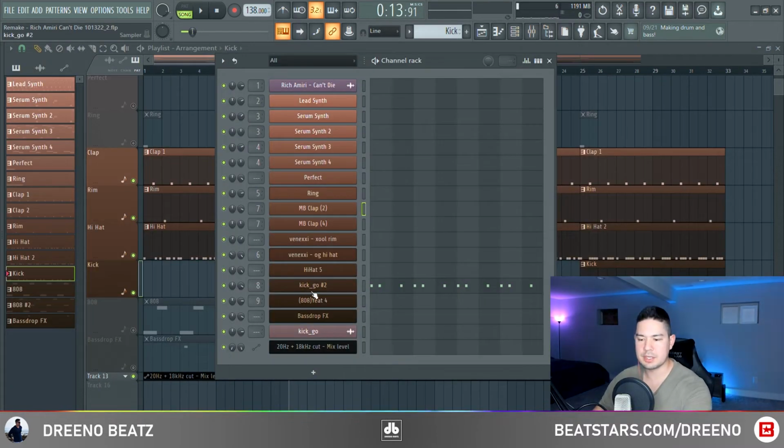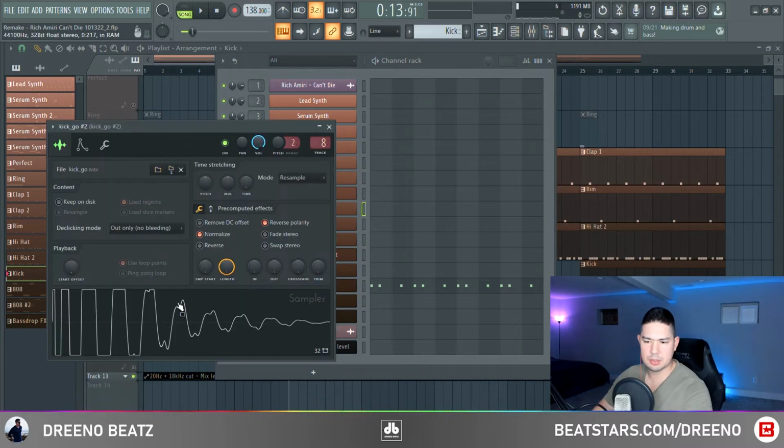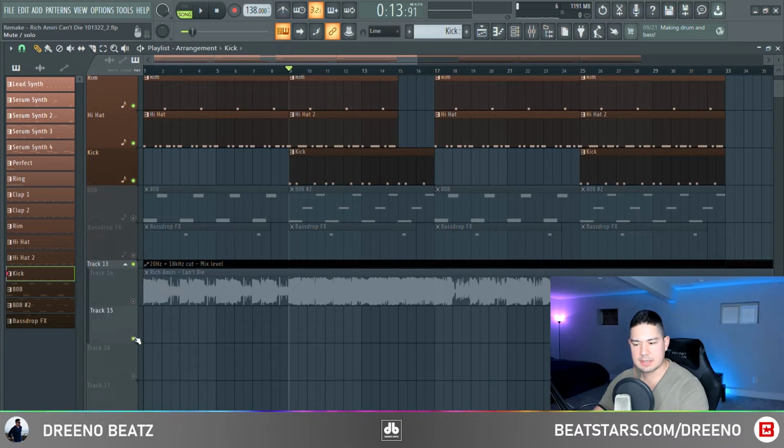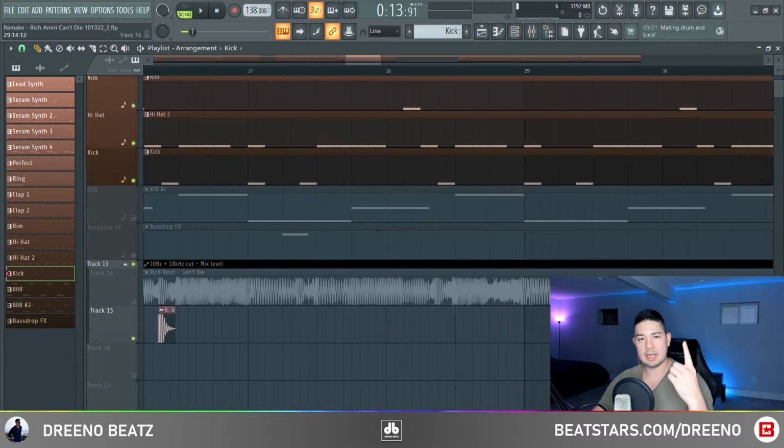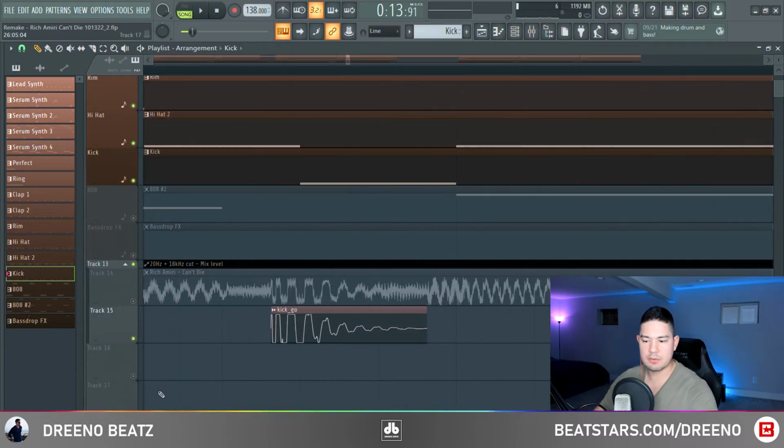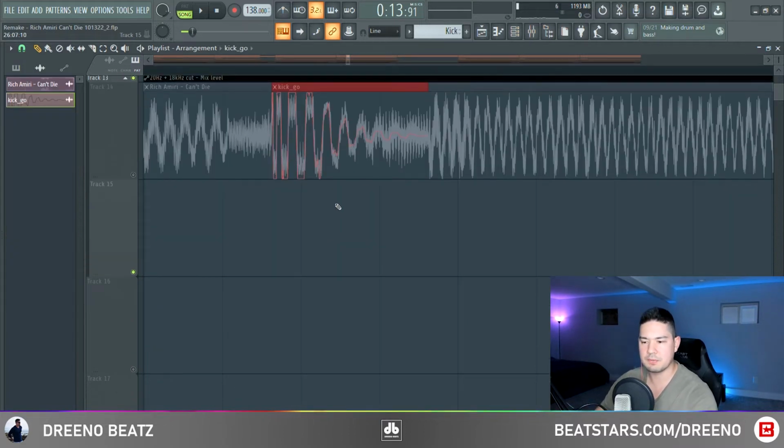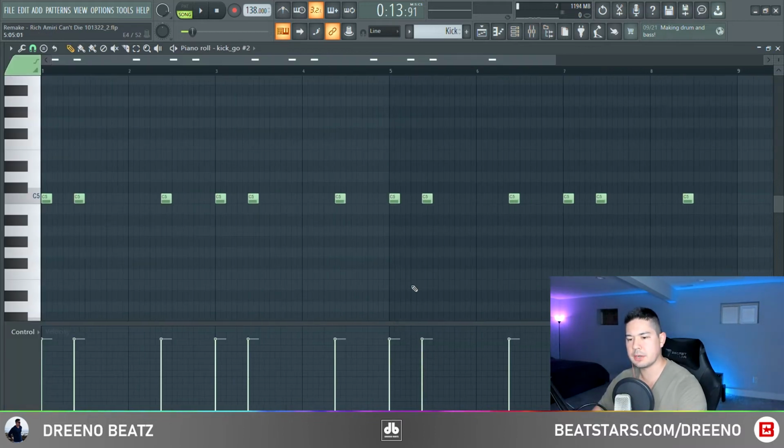Cool, for the section when the kick comes in, I found one from I think a UK drum kit called the Kick Go. And I believe this is the exact same kick. So using the Aiden Kinway method of comparing the waveforms and putting one on top of the other, I think we found a very similar, if not the exact drum kick that was used. So here's the pattern.